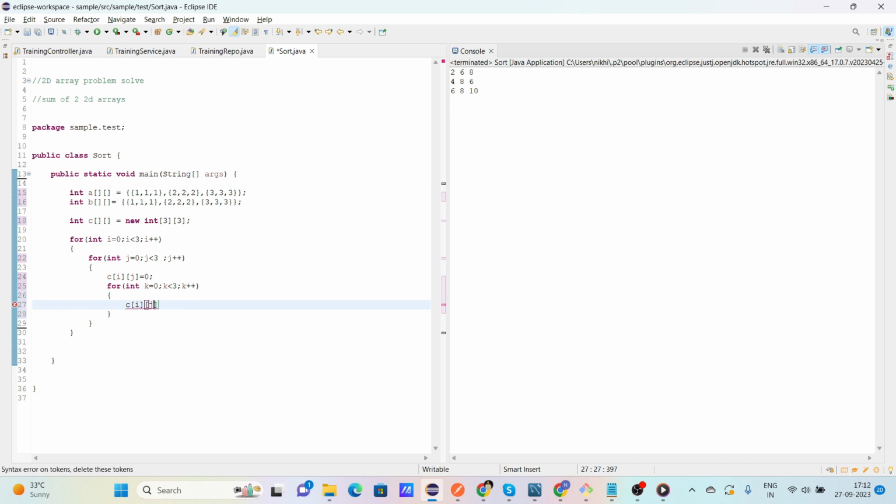C[i][j] is equal to, or you can say, I have already told you about this operation, the assignment operator, like C[i][j] plus equal to a[i][k] into b[k][j]. If you don't know what I'm doing, like how to perform multiplication of two matrices, go